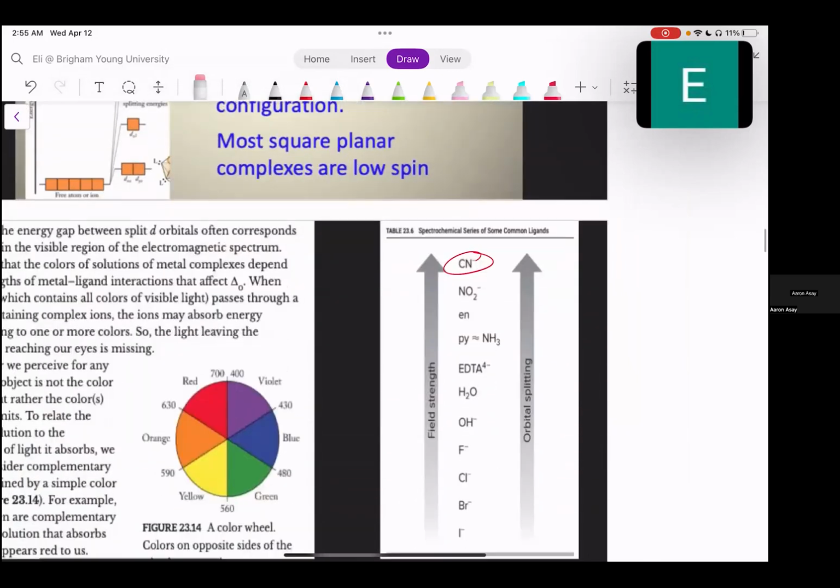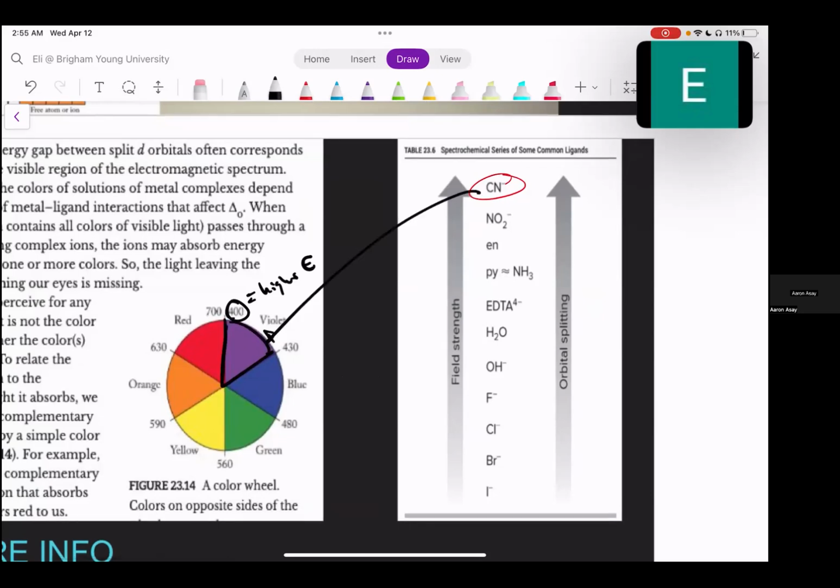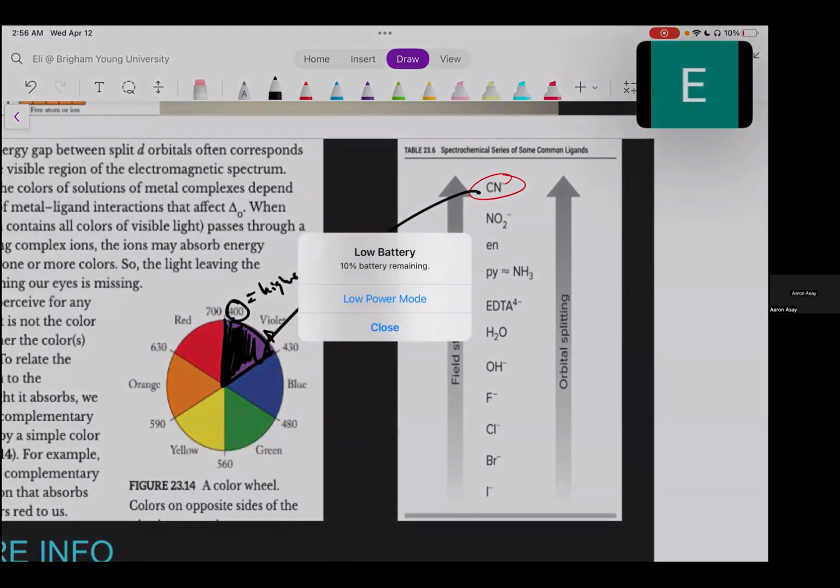So if you remember, with light, a higher frequency is equivalent to a higher energy, right? So if this is absorbing a really high energy, cyanide in this case will be absorbing the violet color,